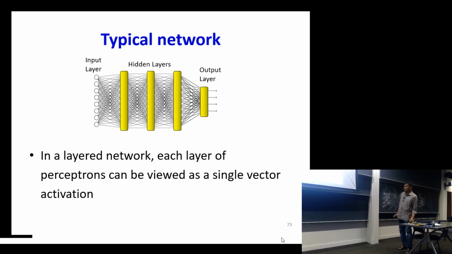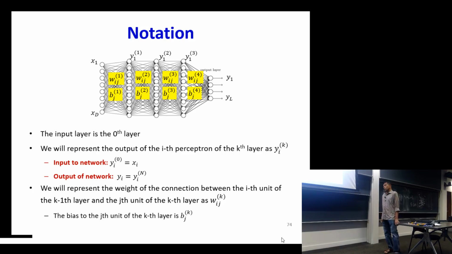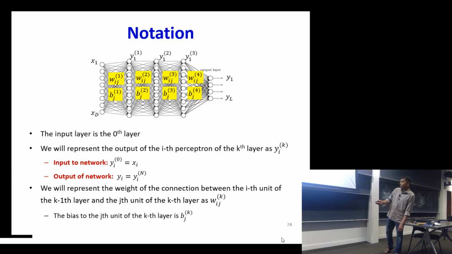And of course, in a layered network, each layer can now actually be viewed as a vector activation of the trivial kind, where changing one input changes only one output. Right? So it's like having many independent entries can be thought of as a trivial vector activation. So notation, I'm going to call the inputs x. D is the dimensionality, which is the number of units in any layer. I'm going to have this Wij superscript. So Wij is the weight from the ith unit in this layer to the jth unit in this layer,